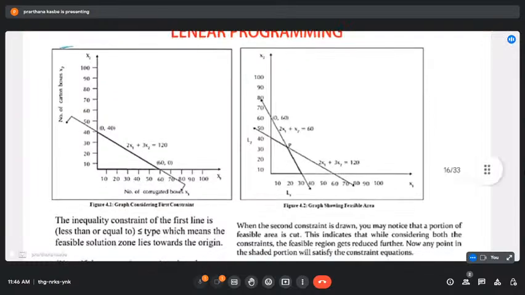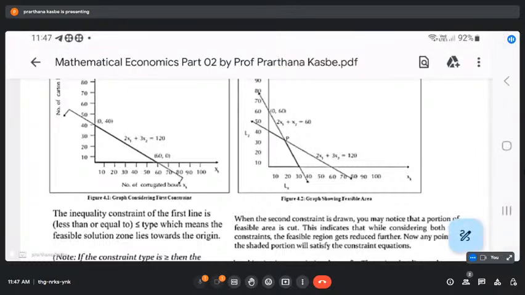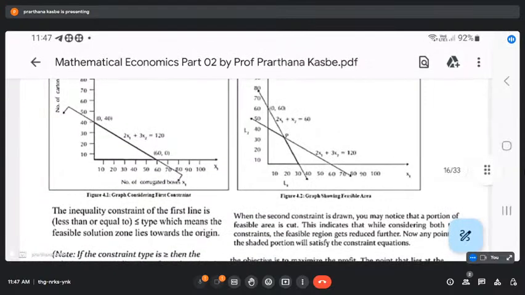P for the equilibrium point and there is the intersection point of P. The inequality constraint of the first line is less than or equal to type, which means the feasible solution zone lies towards the origin. So this first graph shows that if the constraint type is less than or equal to,